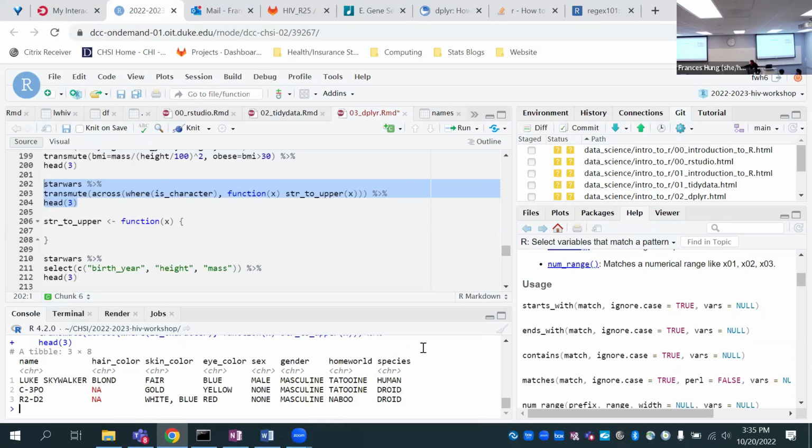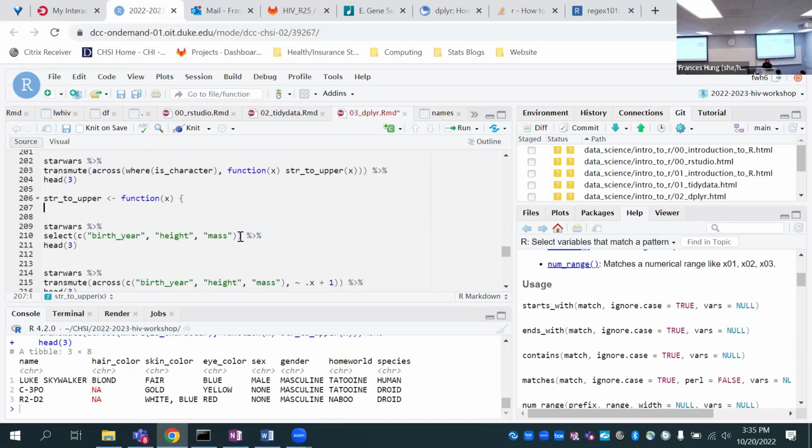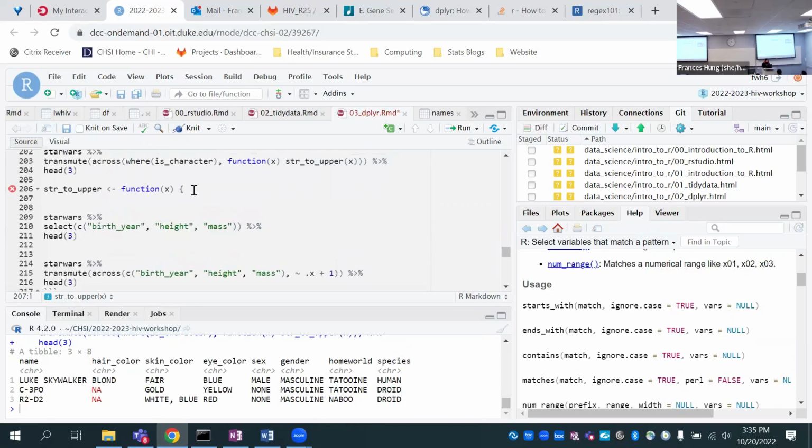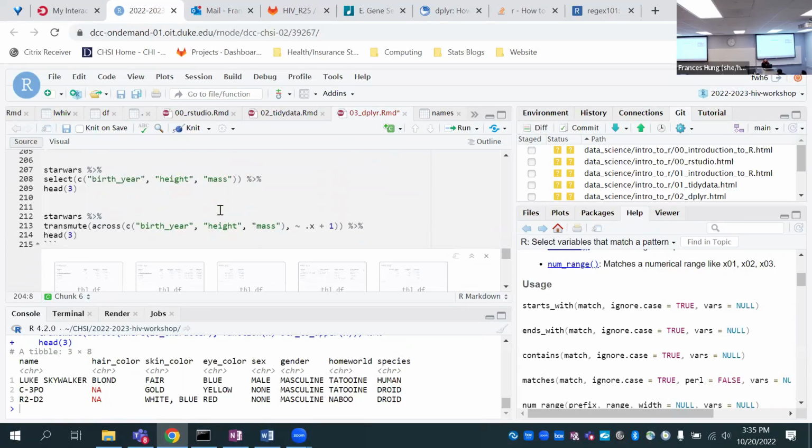All right. It might take a while to wrap your head around this across, but it's quite versatile. And it's what's being used in tidyverse now. So here's another example, again, of using the across. This one's a little bit more straightforward because we only use the following function across 3 variables.